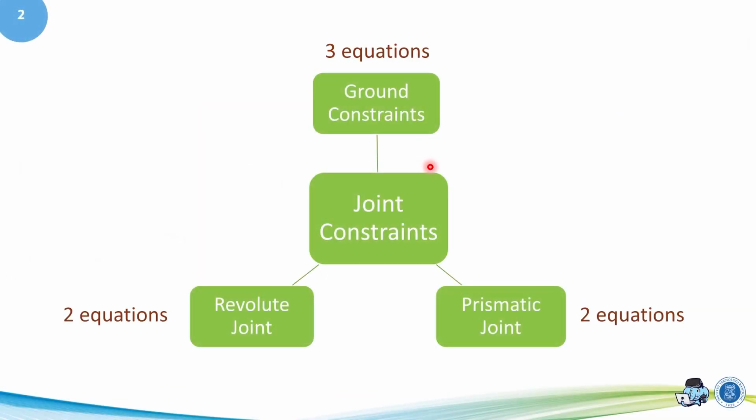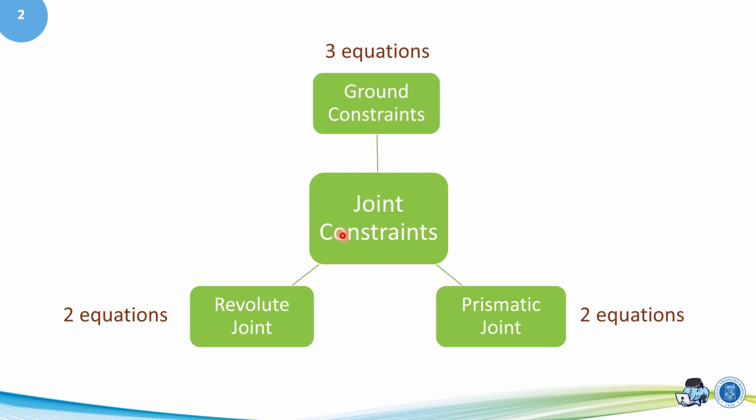In this segment, we will continue our discussion about the formulation of the joint constraint to solve all the unknown variables in the kinematics analysis. As you can see in the slide, the joint constraint is divided into the ground constraint, revolute joint, and also the prismatic joint. The ground constraint reduces 3 degrees of freedom, that's why there are 3 equations in the ground